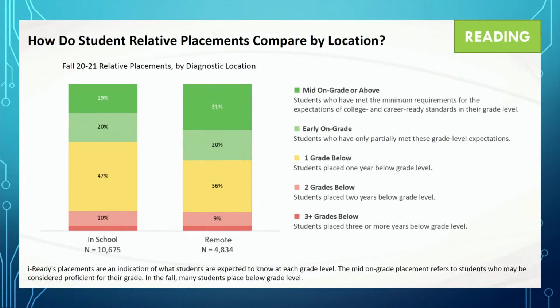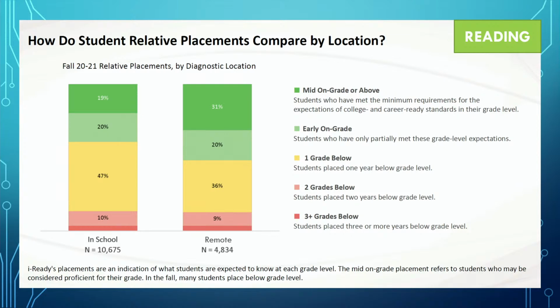The next slide shows a comparison of our students who took the assessment in the school setting and those who took it remotely from home. And while there's a small difference in the green colors, those are the students who are already demonstrating some proficiency at grade level, it's not super significant. And when we break it out by grade level, we found that it was mostly represented in the kindergarten level. So that could mean that our kindergartners got a little extra help at home, or it could be that the kindergartners who are learning remotely this year were just more ready to start kindergarten. So we'll have to dig deeper into that, and we'll know more as the year goes on. But not a big difference there in the setting of the diagnostic.